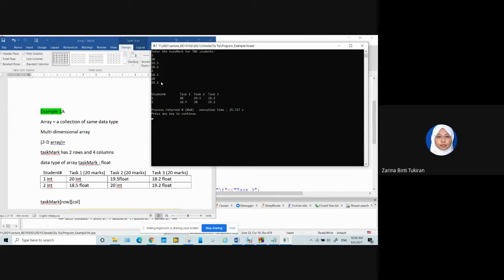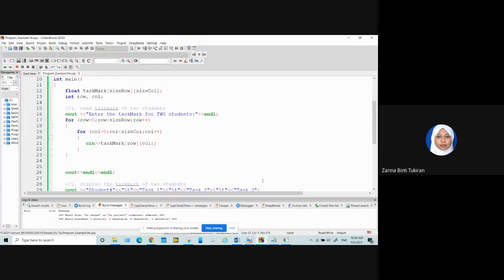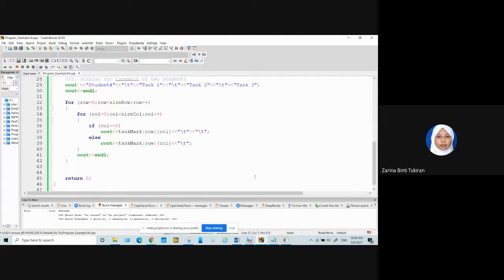So now I have a better view, better display of program, which is I have a program that separate the read part and the display part. Okay. Alright. So ada soalan? Right, kalau tak ada, okay,